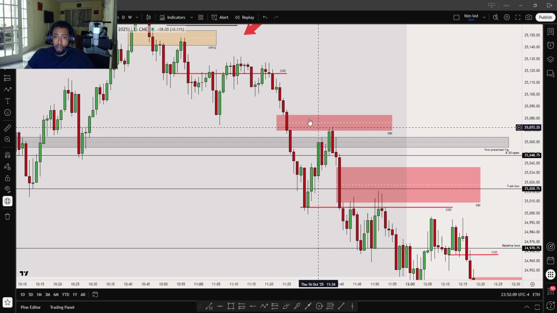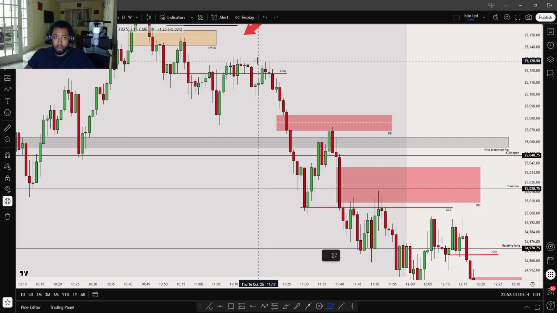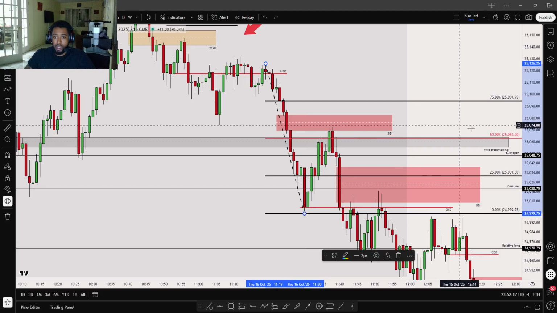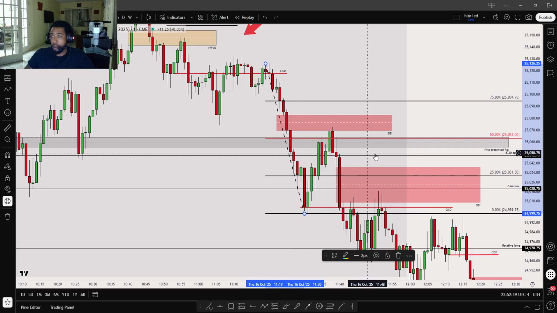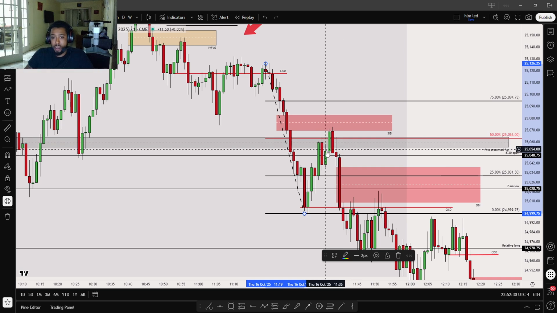So why did I pick this fair value gap? I picked this fair value gap because it's in equilibrium. So if you draw from this high to this low right here, you see how it's equilibrium. Remember, price has to do four things at all times, which is generate the liquidity, hunt the liquidity, rebalance to equilibrium, or rebalance to inefficiency. As you see here, it rebalanced to equilibrium, which is here, 50% range, and it rebalanced to inefficiency.